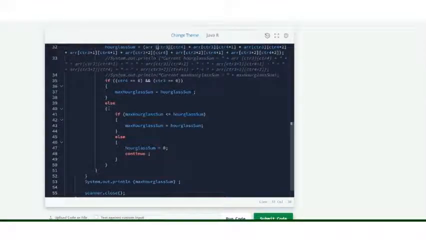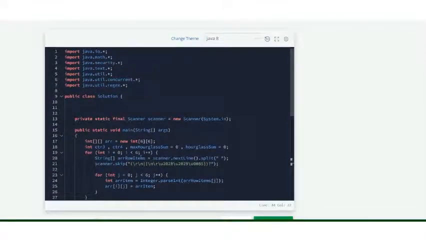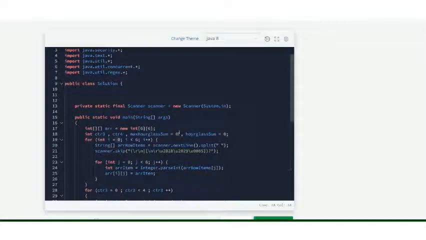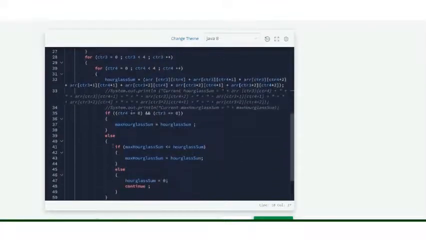Now why we are doing this is, if we directly put if maximum hourglass sum is less than equal to hourglass sum, then we might get error, because if we have set the hourglass sum and maximum hourglass sum as 0, but what if all the hourglass sums that we obtain from the 2D array A are less than 0, then this condition will always result to false. Now we already know that 0 need not be an actual hourglass sum that we obtain, so we will get wrong output if we do not introduce this.